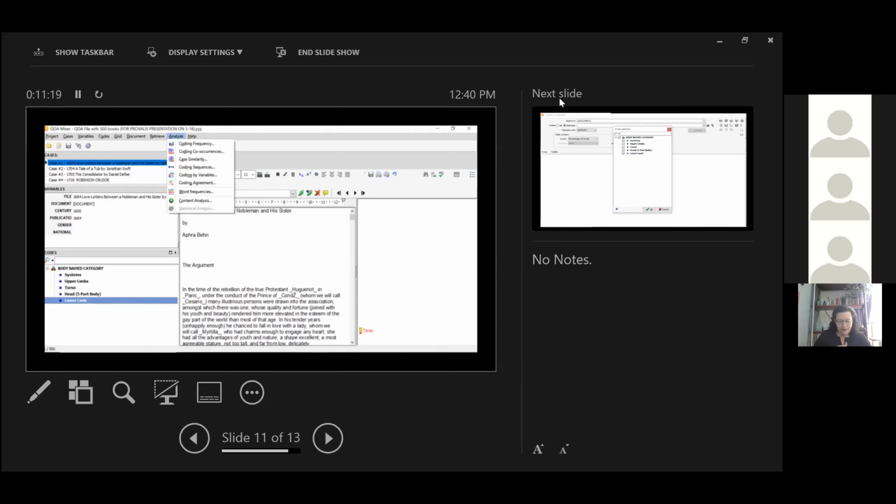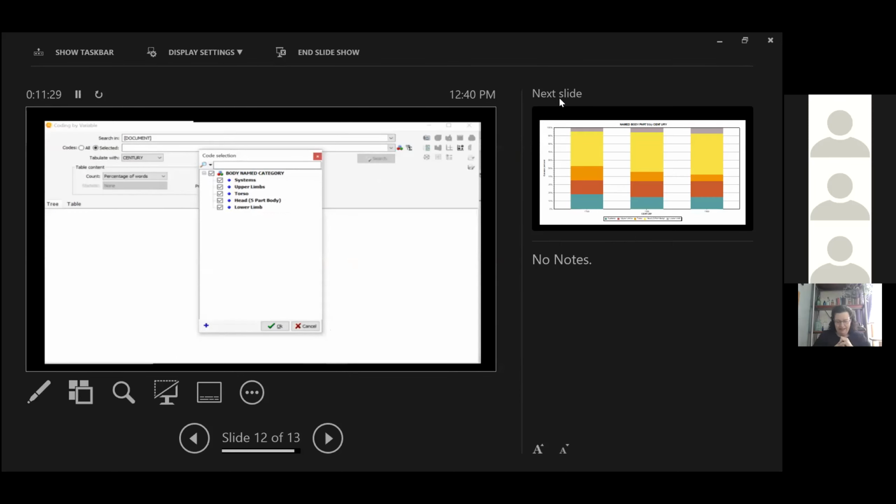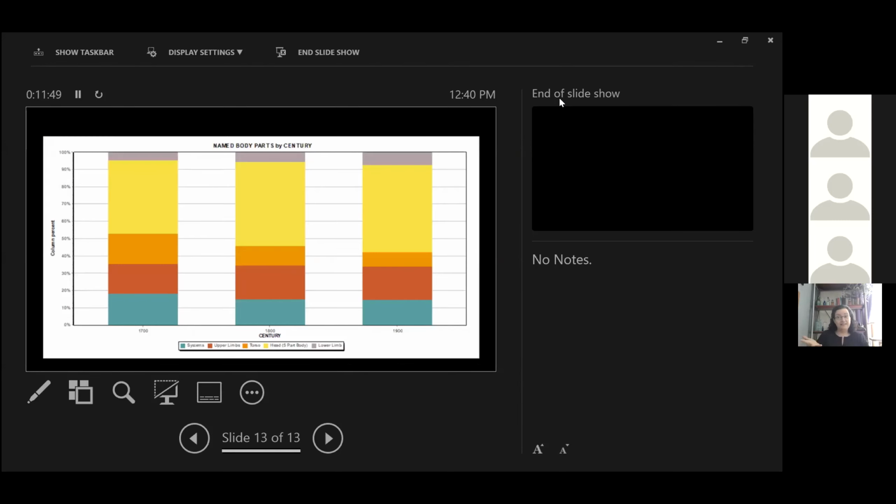So again, I'm not going to do a whole spiel on creating charts. This is a whole other lesson. But here you can see I'm going to examine my coding in terms of how they appeared in each century, which is a variable that we added to the data. So we left off the 1600s because we only had one book in that period, but we had the 1700s, 1800s, and 1900s. And so after I went through the charting process, I had this data to offer Martin,